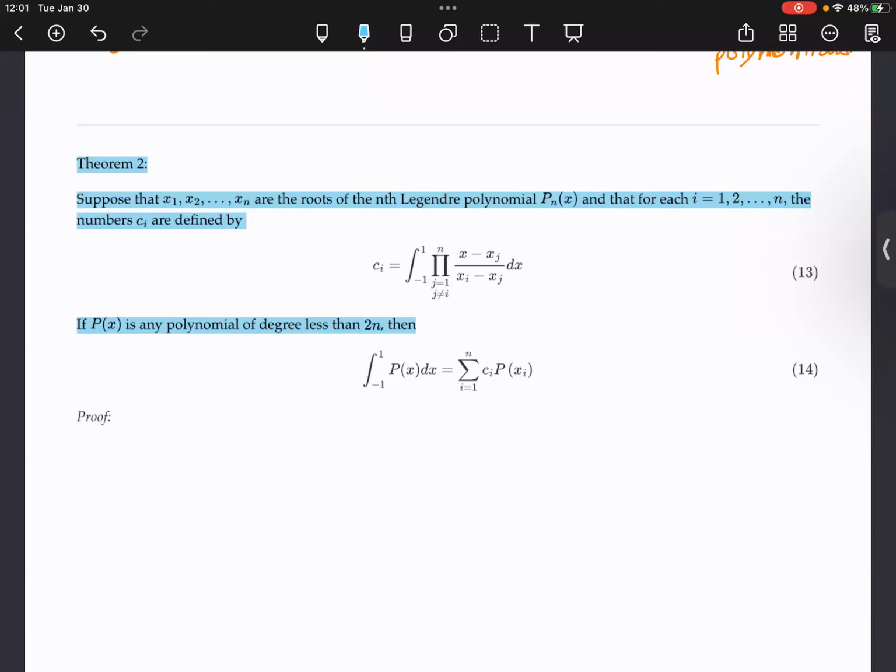And for the odd index polynomial, the Legendre polynomial, you have the 0. But if it is an even index Legendre polynomial, then there's no 0 here, but never